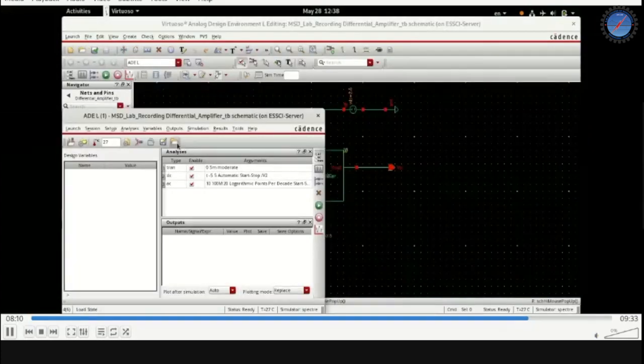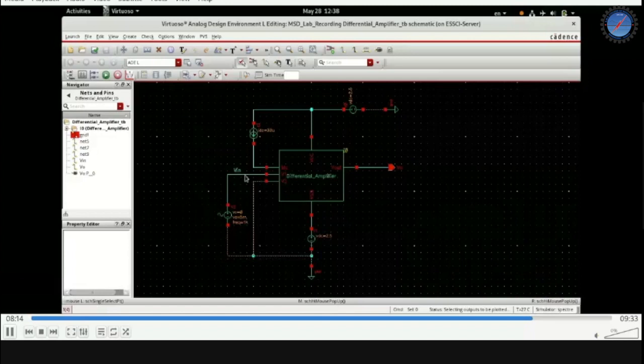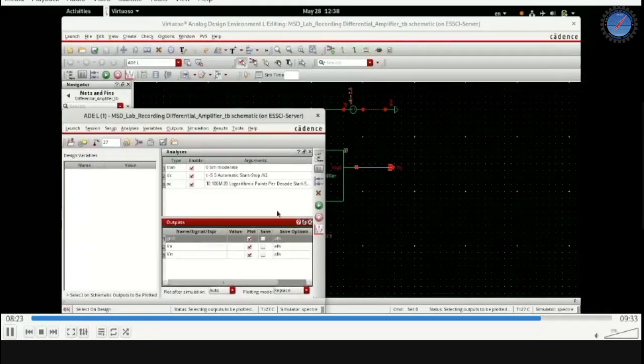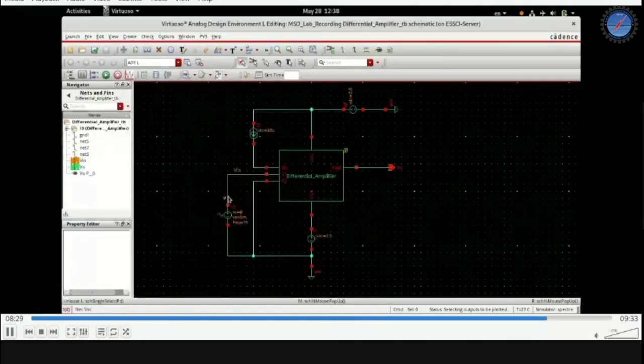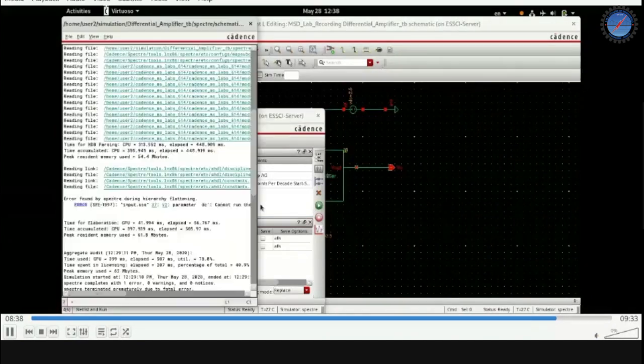Okay. Fine. Let us set up the outputs to be plotted. We'll plot the output as well as the input. Okay, so here you can see there is one more ground which has come. Let me just delete it. Oh, another thing also got deleted. So you can see here, V in is appearing clearly as the name of the signal. If you don't use a label, then some random net name will come and sit there. It may not be very intuitive to identify. All right, so let us netlist and run.